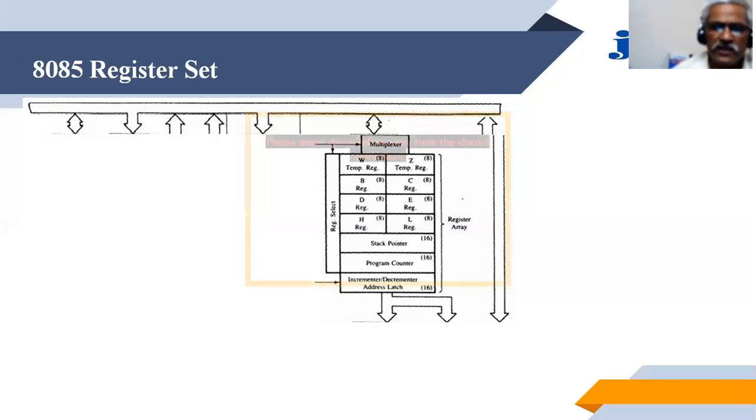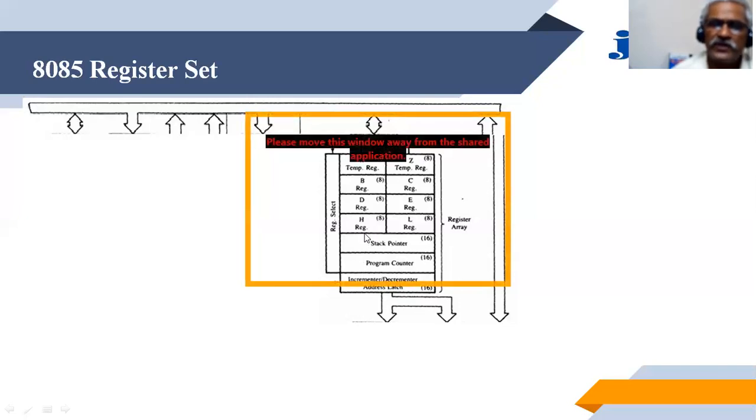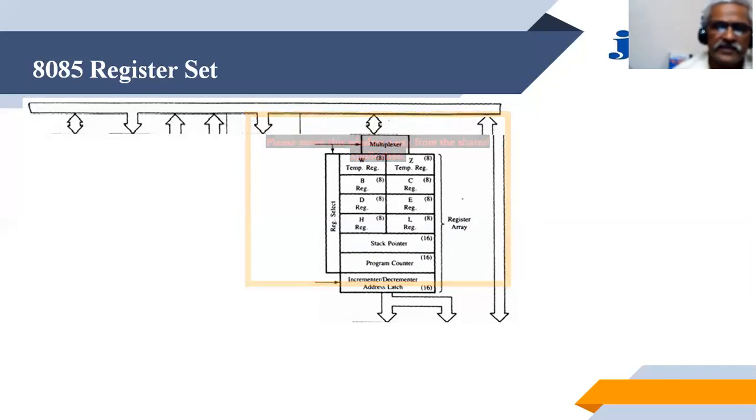So these 2 registers are called pointer registers. In 8085, there are 2 pointer registers: the stack pointer register and the program counter register. Both are pointers. They point to the memory. Program counter points to the instruction memory, and the stack pointer points to the stack data memory. Whereas there are 6 general purpose registers, register B, C, D, E, H, and L, and there are 2 registers which are internally used by the system. They are not available to the programmer.